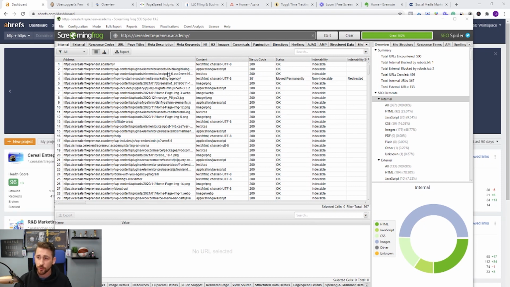First tool I want to talk about is Screaming Frog. This is actually a free version. They have an open source download, so it's not actually a web app. It is something you will download directly to your computer, but all you do is you put in a URL